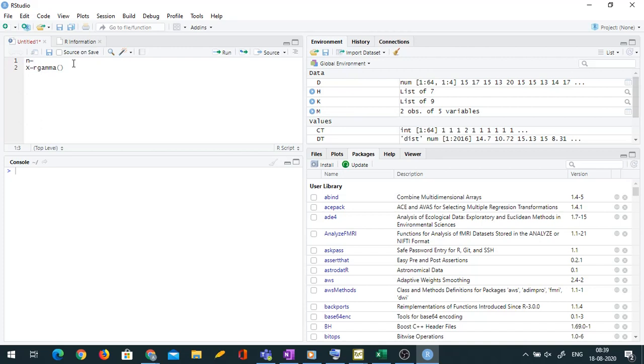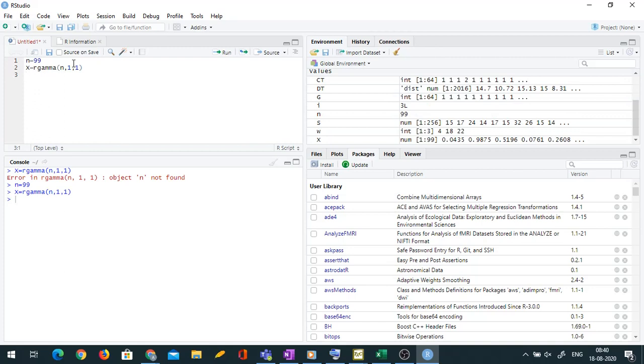So the sample size is 99. I want a sample of size 99 from gamma with say parameters 1 1. Okay, scale and shape. You should be careful what is scale, what is shape, how they are related to mean and so on. Okay, so I am taking a sample from gamma and now I want to get median of this. So I know this is median of x. And I have forgotten the asymptotic theory, so I don't know how to get confidence interval for median. So I am going to use either jackknife or bootstrap. Okay.